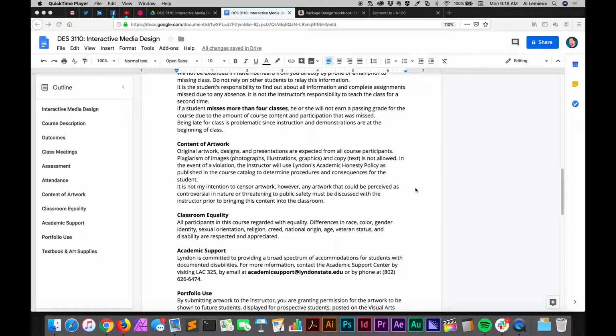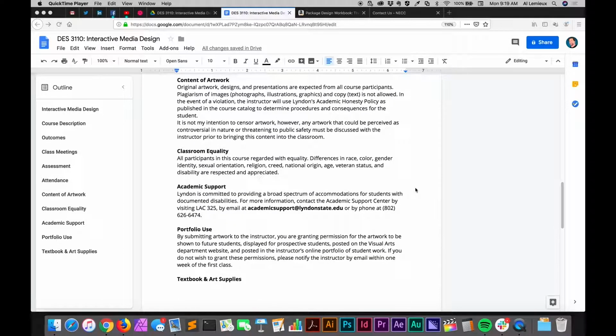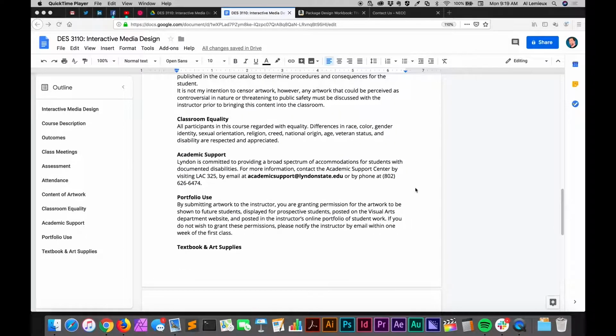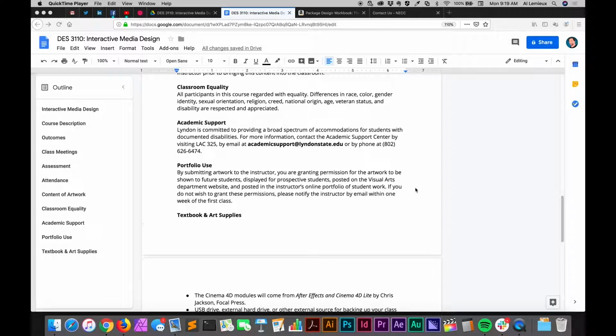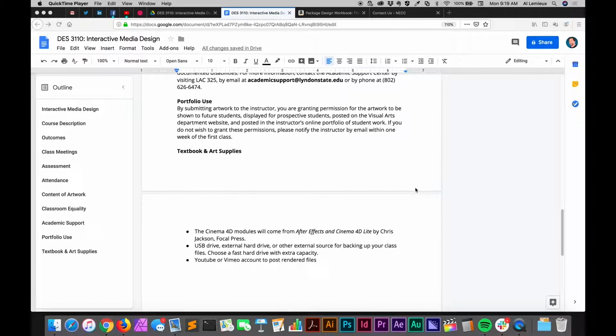Content of the artwork, obviously everything has to be original, but I will allow things like stock photography and free license illustrations and whatever you can find on the web. This course also, because it's about 3D, you'll need some 3D models that you can download, so there'll be some resources for that. There's a section on classroom quality, academic support if you need it, and then portfolio use